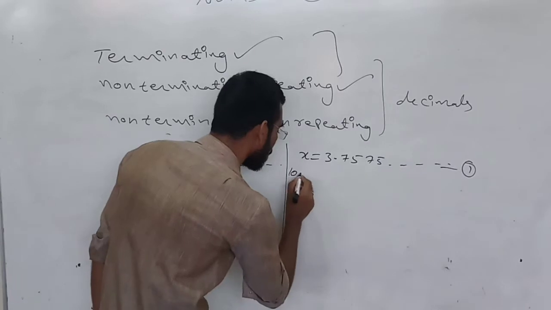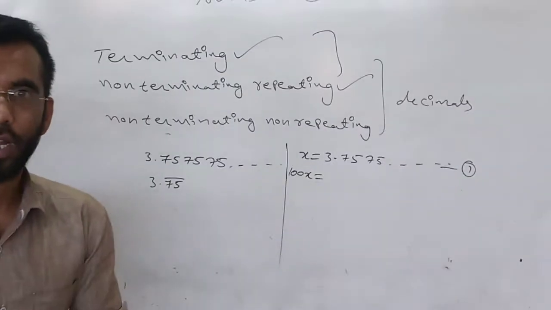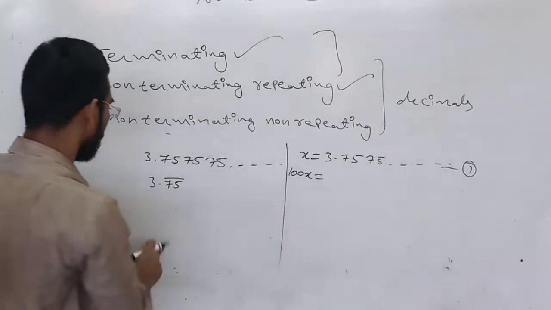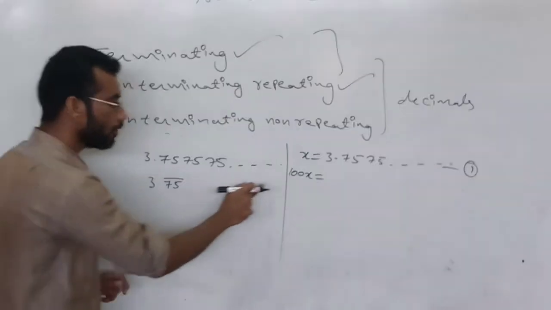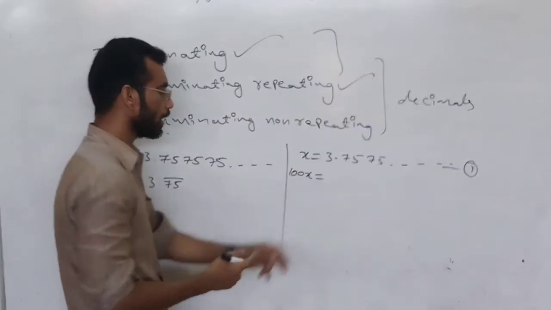So we will write 100x. Why should we take 100 only? Why can we not take 1000 or a lakh or 10,000? Because after the decimal point you will find 2 digits, so we should take 100. In 100 you will find 2 zeros. Okay, 100x. Then